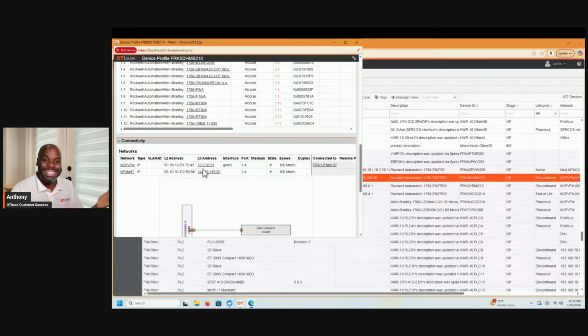Here it is right here, the connectivity. And if this device is a part of a system, you can go ahead and pretty much model that system all here within OT-based inventory. And yeah, it's a great piece of software, and it's just filled with so many features that